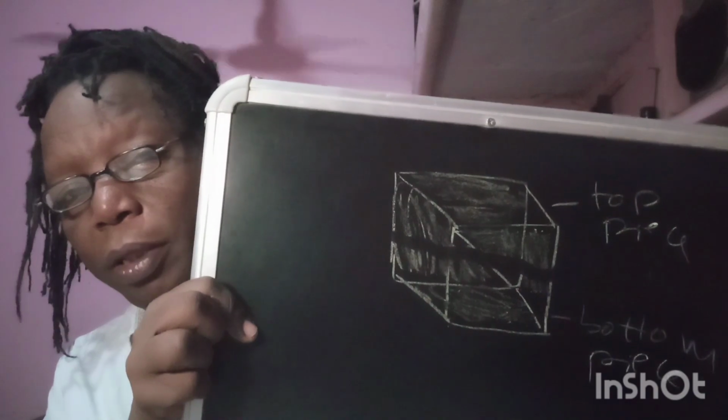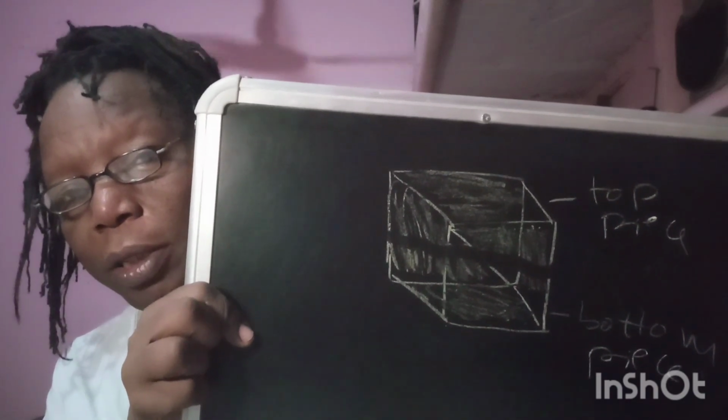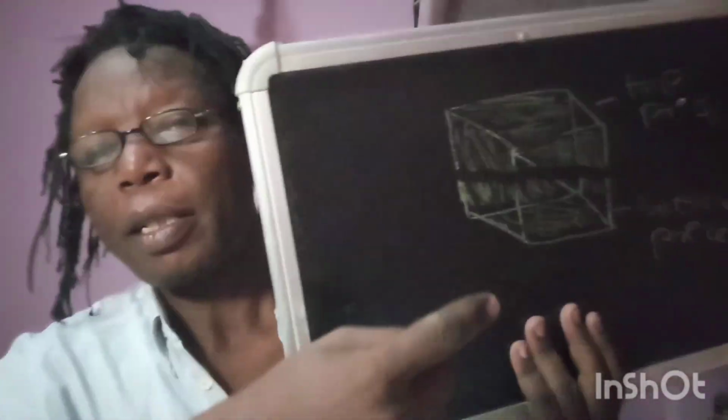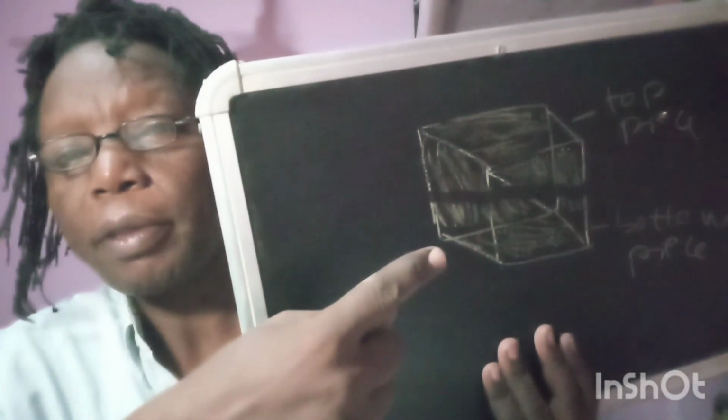I'm not sure whether this is right, but I just have an idea that this is what casting looks like. If you put the sand there, of course you have to put it in a container. You're not going to just put it on the surface unless you dig a hole. And then